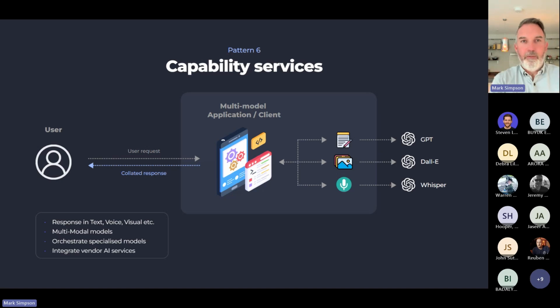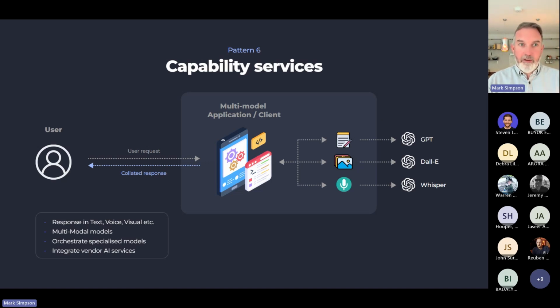Pattern 6 now is, it's all very well just passing back text in the response, but there are maybe a number of capabilities that I want to build into this toolkit. It might be that I don't want to just do a conversational UI where people are typing in. Maybe I want people to be able to video call me in, or there might be in the dealership little handwritten notes of what someone wants help with. Well, the great thing about this kind of architecture and these patterns is we can build in specific AI services for many different capabilities.